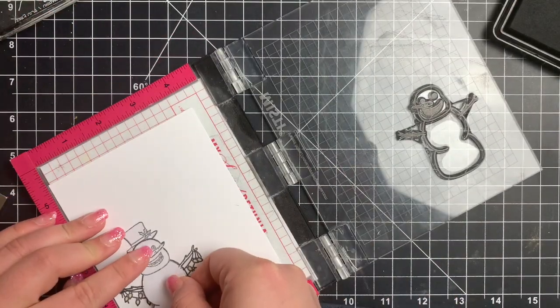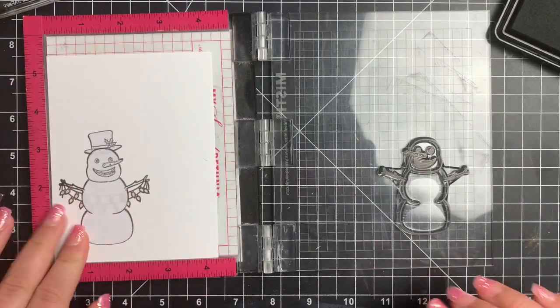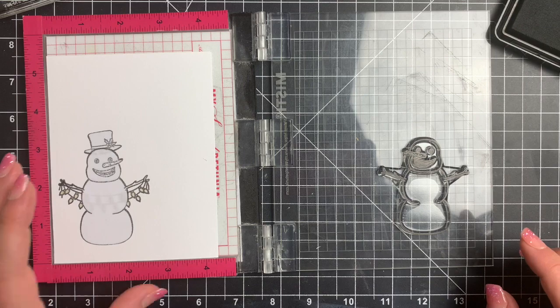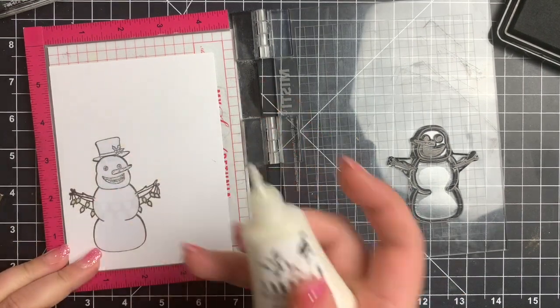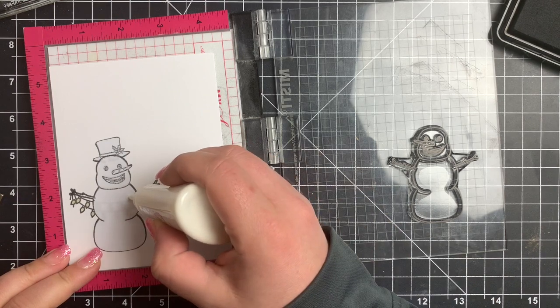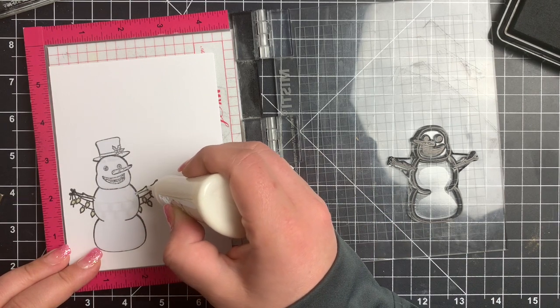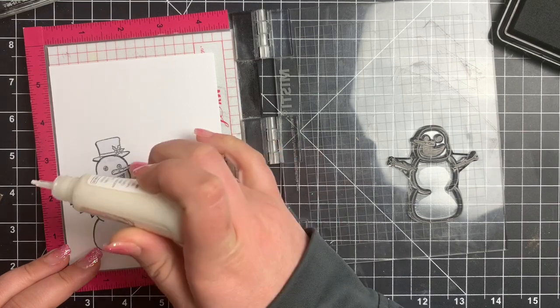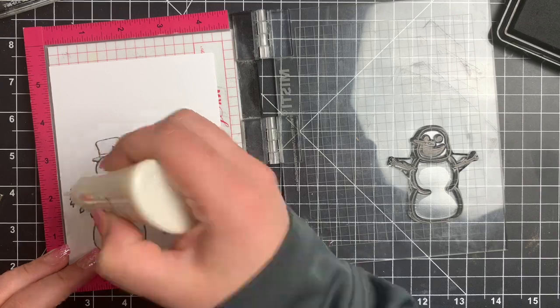Went ahead and lined that up, and I typically line up for a shape like this. Believe it or not, the simple shapes are the hardest to line up when it comes to masks. So I try to find the most intricate area. And in this case, it was really only his little carrot nose, lining that up first and making sure the rest kind of just falls into place. Added that masking fluid on top of his little arms there, let that dry for another 10 minutes or so,